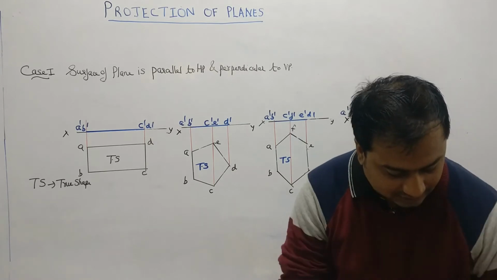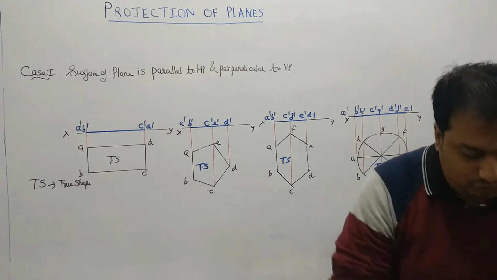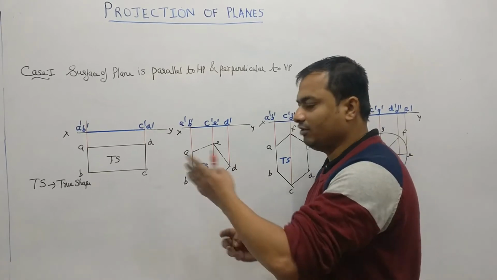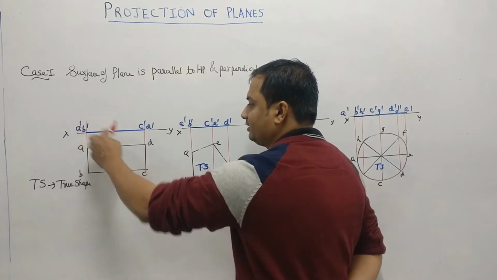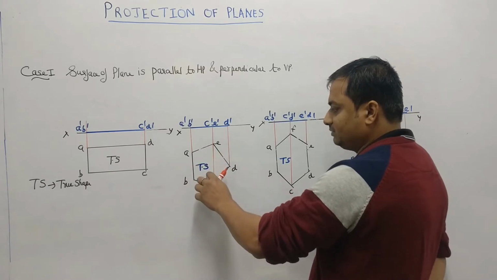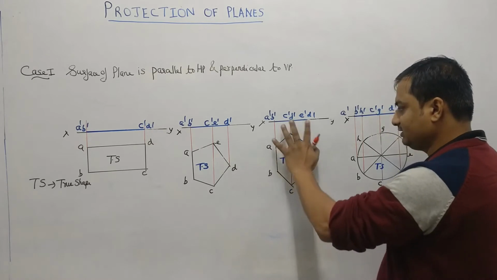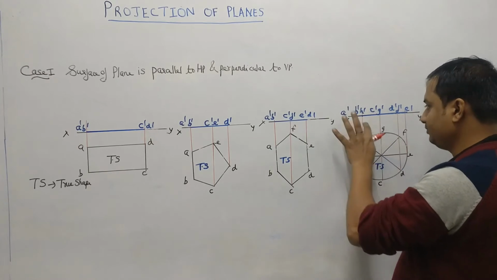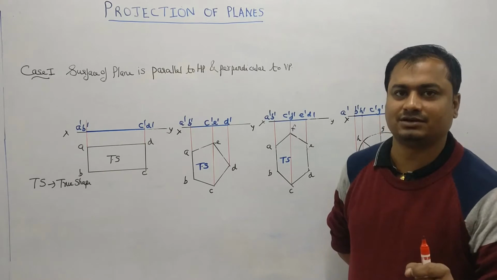Now we are going to develop one concept here. If you have observed, in the first case, the rectangle, I first drew the rectangle, then plotted the projectors, then drew the front view. In the second, I first drew the true shape of the pentagon, then plotted the projectors, then drew the line. The same for the hexagon: first the hexagon, then projectors, then the line. Same for the circle: first the circle, projectors, then the front view. So what was common here? From which view did I start drawing?